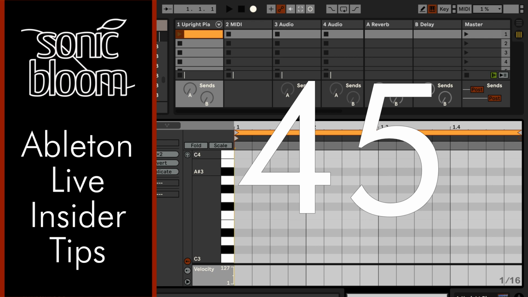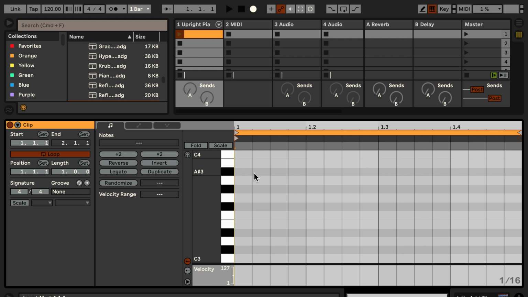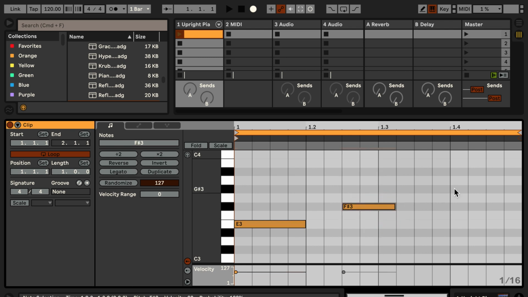And this time I technically have two little tips for you for creating or changing MIDI notes in the MIDI editor in Live. And for the first one, all you have to do is to do a double click and then drag right away. So you keep the mouse pressed, and then you can just do that and draw notes of variable length. And you can also do that by dragging to the left to create shorter notes than the grid currently set to.